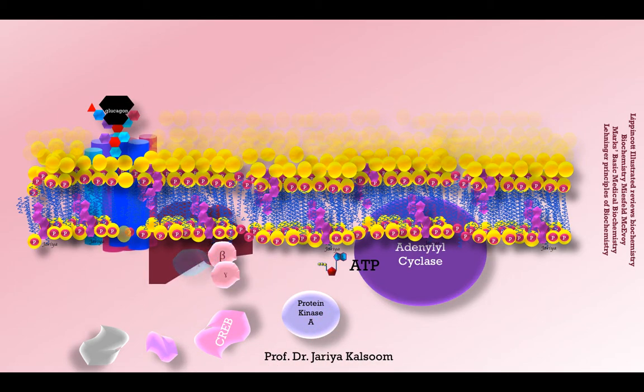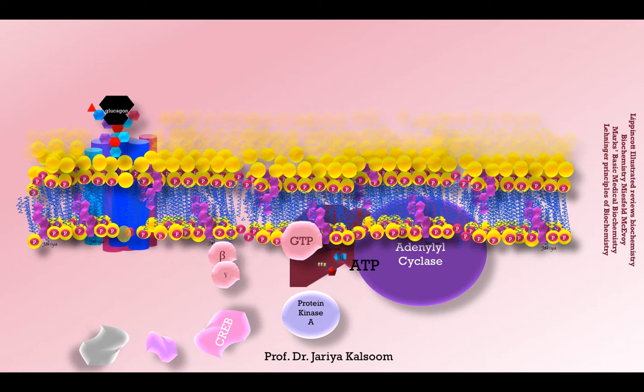When a hormone or neurotransmitter binds G protein coupled receptors, there is a conformational change in the receptor due to which it is able to interact with the nearby G protein. As a result, the G protein becomes active. It releases GDP and binds GTP. The alpha subunit of the coupled G protein now dissociates from the beta and gamma subunits. The active alpha subunit moves to adenylyl cyclase and activates it. The activated adenylyl cyclase converts ATP to cyclic AMP with release of pyrophosphate.